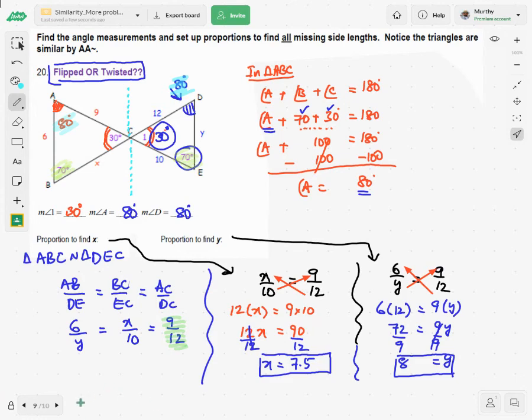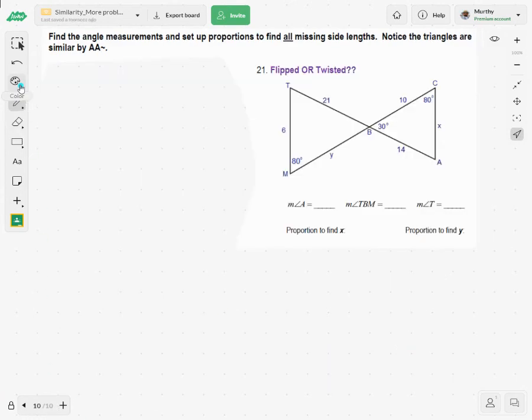Next, let's go to the last question for the day. Here, I see 80 degrees and 30 degrees. Before also I mentioned that you think of vertically opposite angles. These two angles are vertically opposite angles. Therefore, this is 30. If you know two angles of a triangle, in triangle TMB,